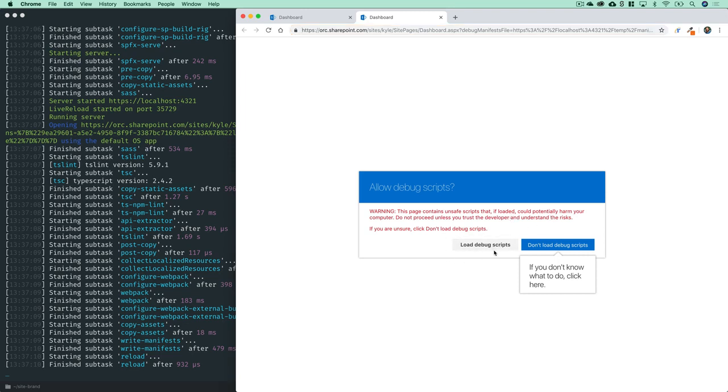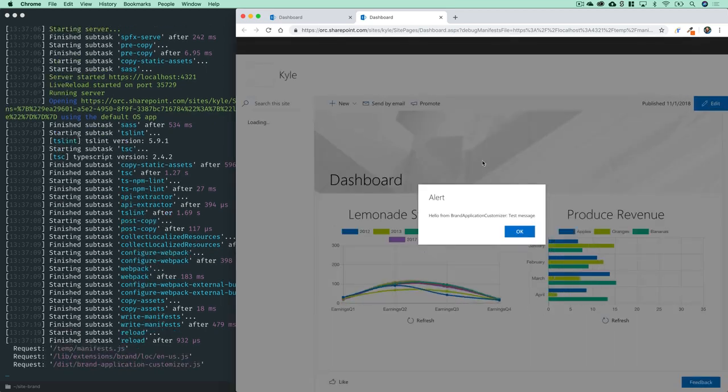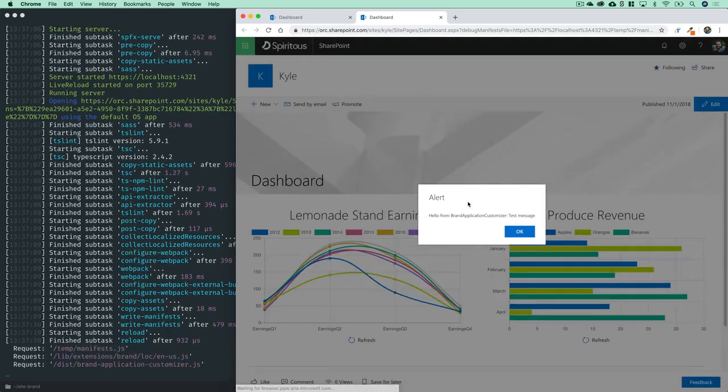And just in case somebody tries to use this to inject script, you do get a warning message that says, hey, do you know what you're doing? And in this case, we do, hopefully. So we're going to hit load debug scripts. And it's going to go ahead and load up that application customizer, which by default gives you this very obnoxious